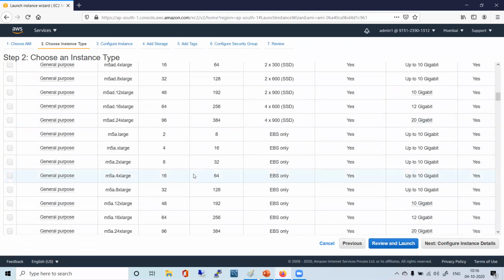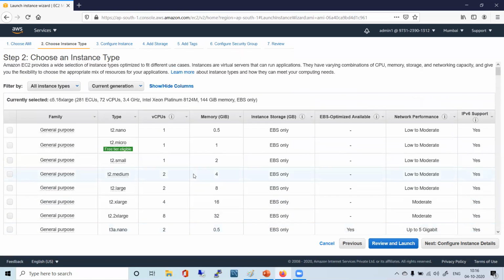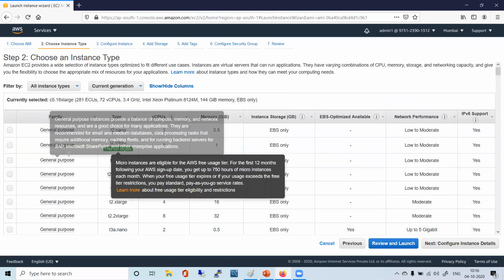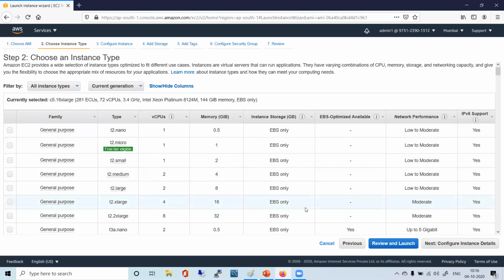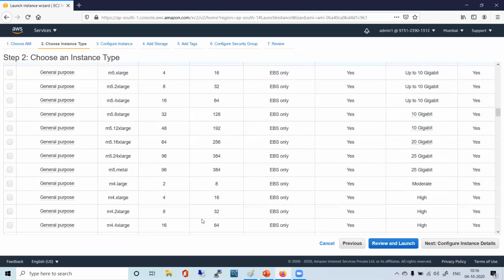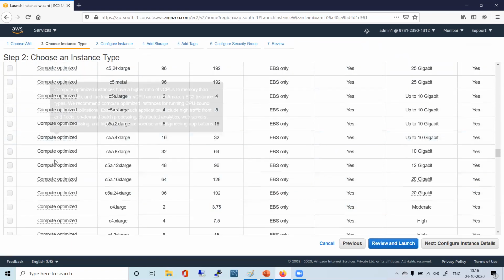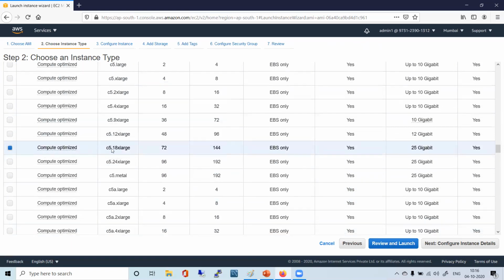What I am doing is I have the same instance, whatever operating system, whatever software we have installed, the same thing, but with larger size. Can you see here? I have selected compute optimized C5 18X large. My T2 micro will become C5 18X large.